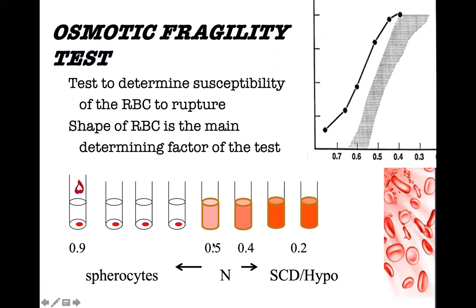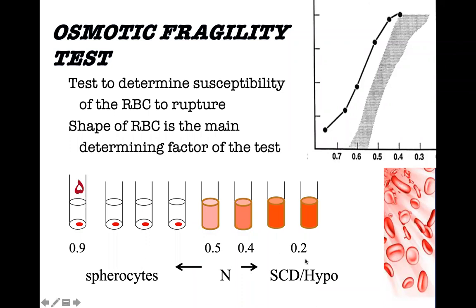Normally, you can expect the red cells to rupture as the solution of the NSS, or the sodium chloride solution, becomes hypotonic. You do not expect hemolysis in hypertonic solution. That is not the case with hereditary spherocytosis. They start hemolyzing even with hypertonic solution, so even with isotonic solution,